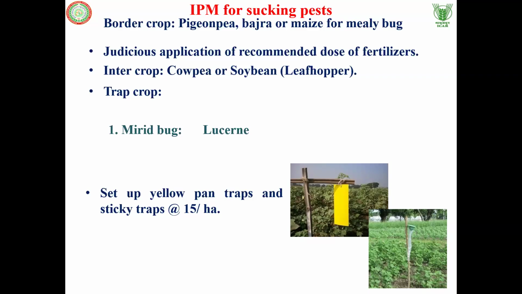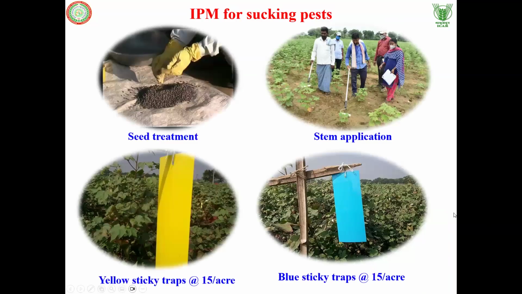And one more important aspect is, after seed treatment and after sowing, farmers have to do intercropping with the copy. This copy will attract most of the natural enemies like coccinelle beetles and spiders, so that we can manage the pests effectively. And one more important thing is farmers have to go for installation of the sticky traps, especially